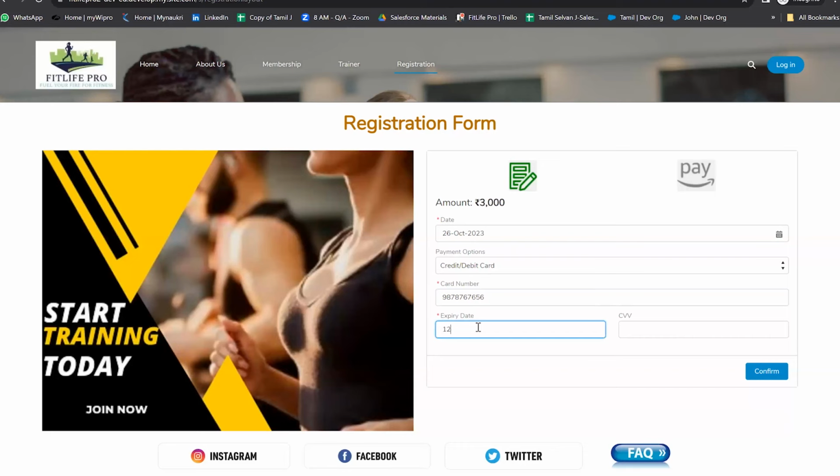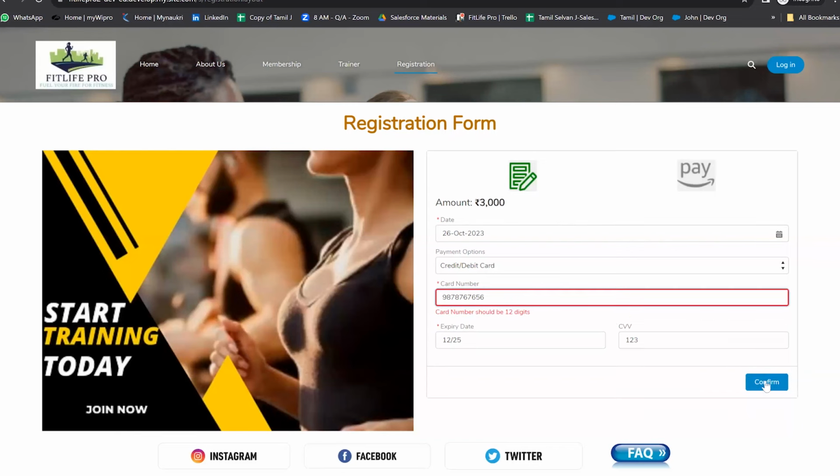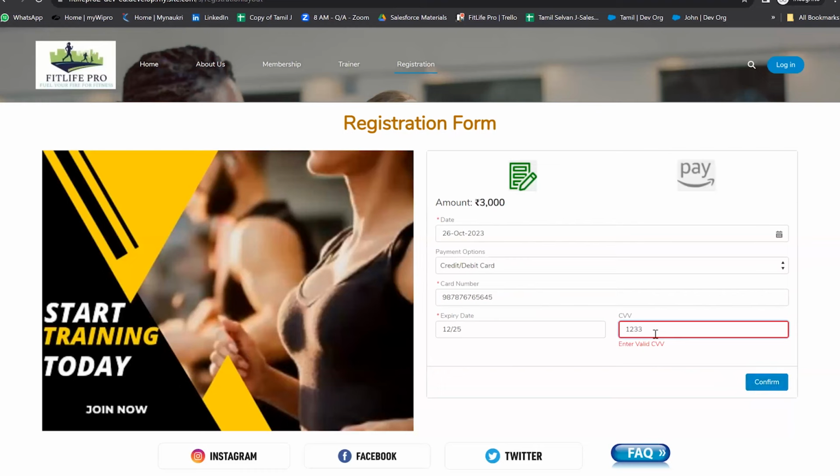We also have an expiry date, month and year, and a CVV number. Here you could see I have entered a 10-digit card number. If I click confirm, it will not allow me to submit the form. I have to give 12 digits. We also have a validation for the CVV, which allows only 3 digits. If I click confirm,